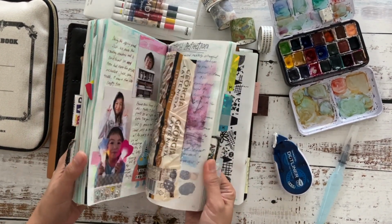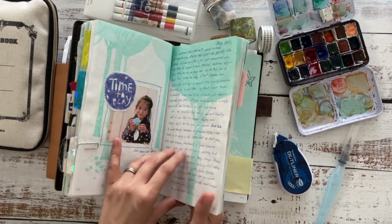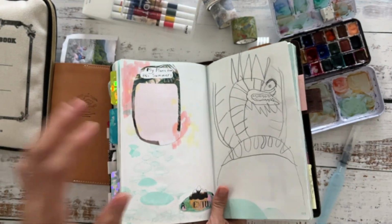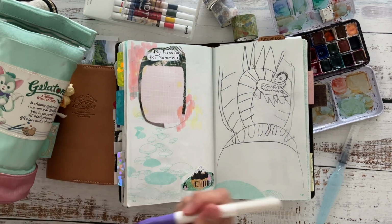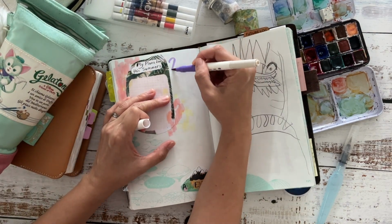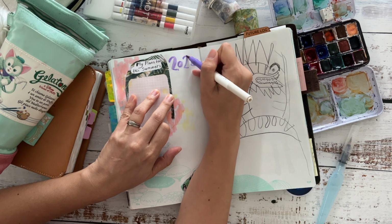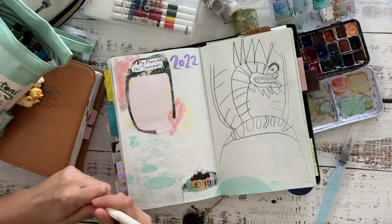I thought it would be fun to share with you just a quick flip through of my journal that I'm almost finished. I was using this journal originally. You can see there I have a little cutout from Pocket Journal Pam. I was using it like a hybrid journal slash planner for quite some time in 2022. And I'm almost finished using these pages, and I thought it would be fun to share with you